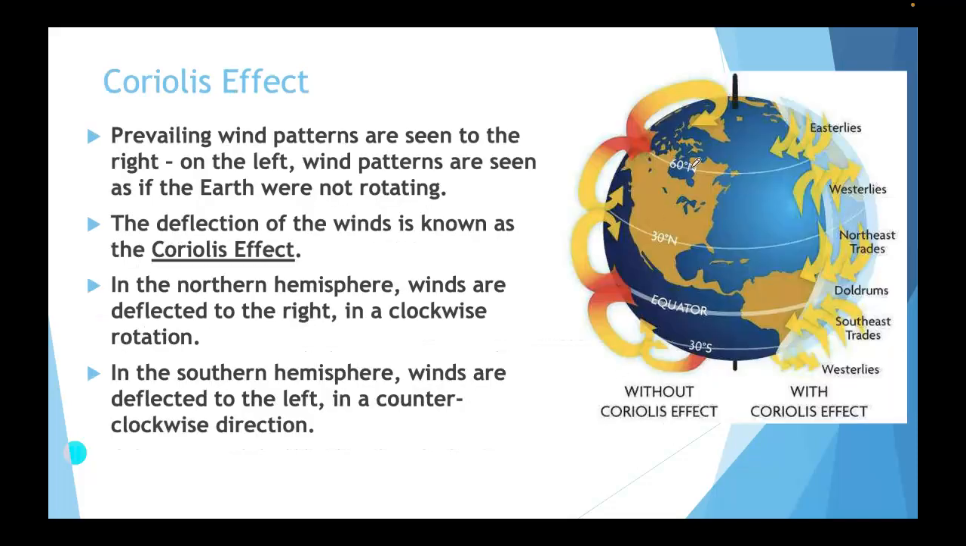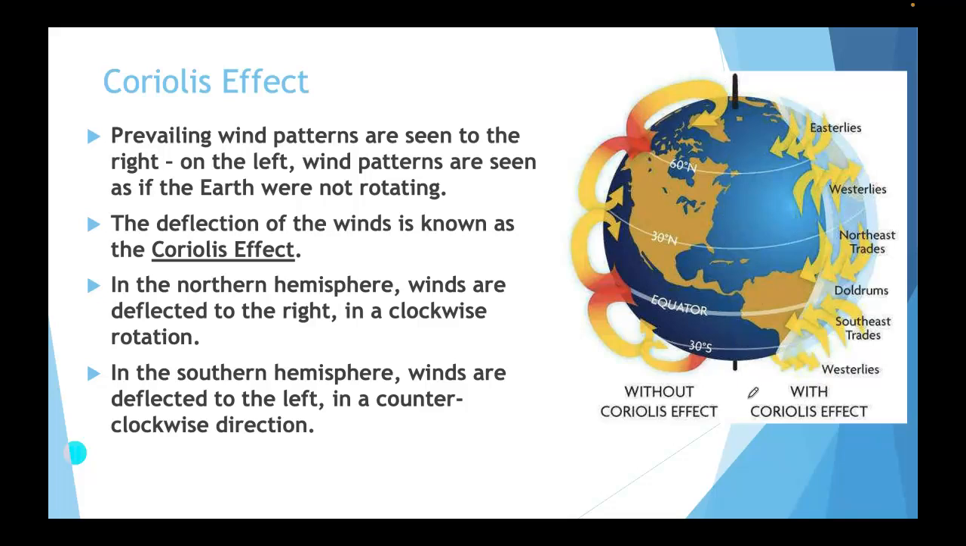All right, next we're going to talk about the Coriolis effect. The Coriolis effect is really because we rotate on our axis, we don't get these nice perfect circles of air rising and sinking as it cools. Instead, we get these deflected winds because of the Earth's rotation. And so the prevailing wind patterns are seen to the right. This would be what it would be like if we didn't have rotation. This is what it actually is like because of that rotation, which we call the Coriolis effect, is that deflection